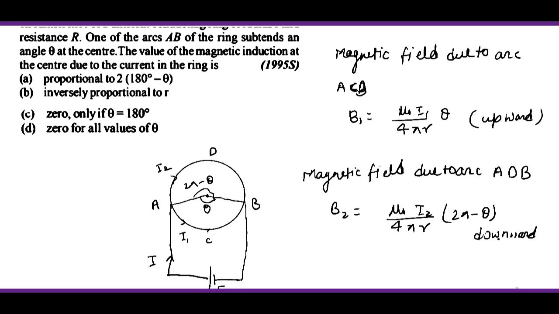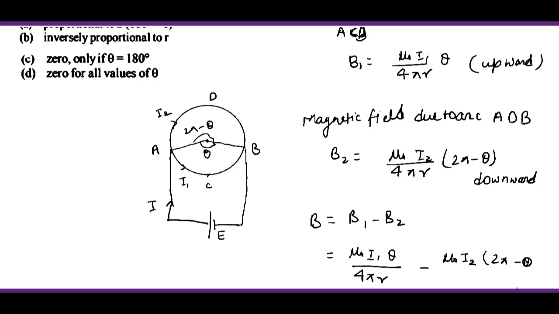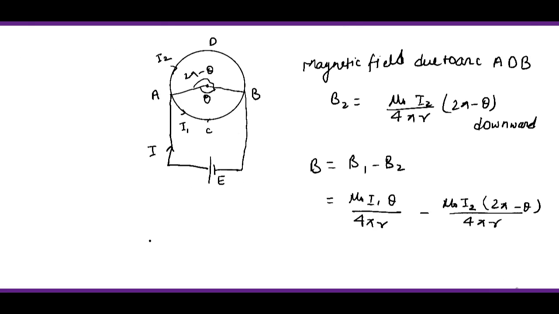अब नेट जो मैग्नेटिक फील्ड आएगा, वो B1 माइनस B2 होगा। तो इसको हम लिख सकते हैं: B = μ₀ I1 थीटा अपॉन 4πr माइनस μ₀ I2 (2π − थीटा) अपॉन 4πr। अब यहाँ पे I1 और I2 की वैल्यू भी देख लेते हैं।